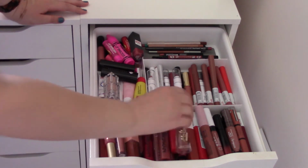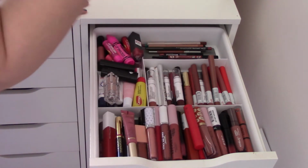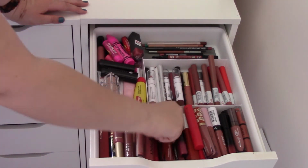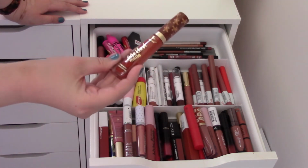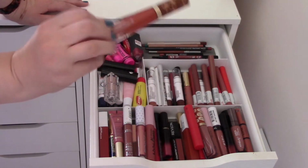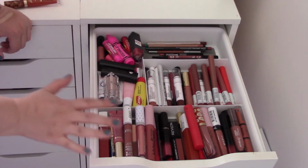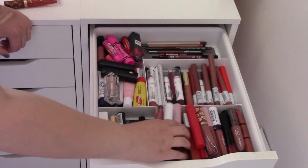Okay, I want to pull out, where is it? I just got a new one at the cosmetic company. I went there like last weekend. Here it is. The Too Faced Melted Gingerbread. Like, hello, look at that orange. Yes, I want to try that. I haven't even worn that one yet. And then,